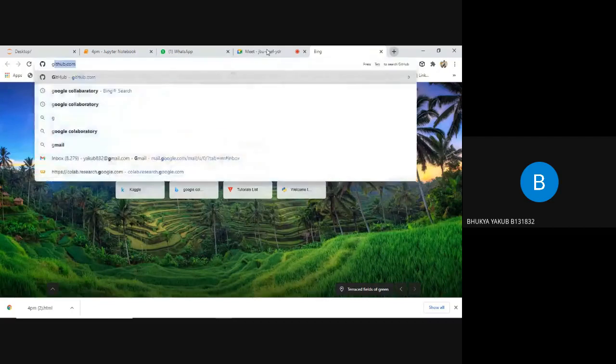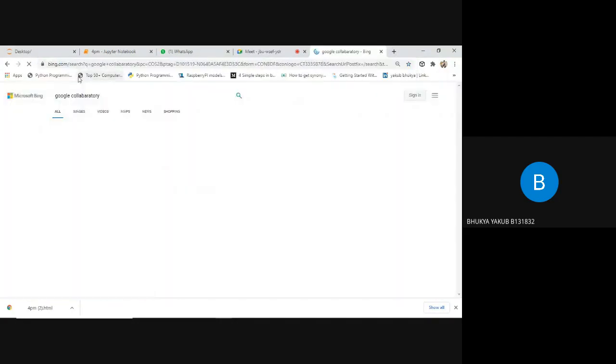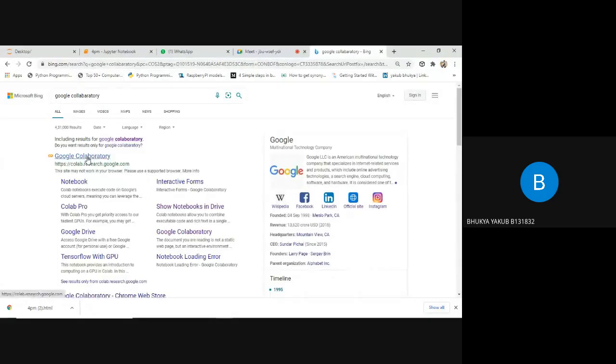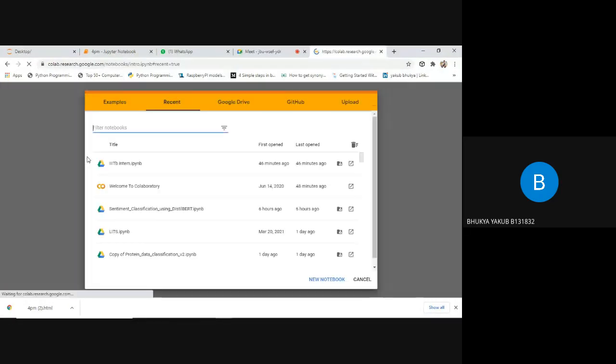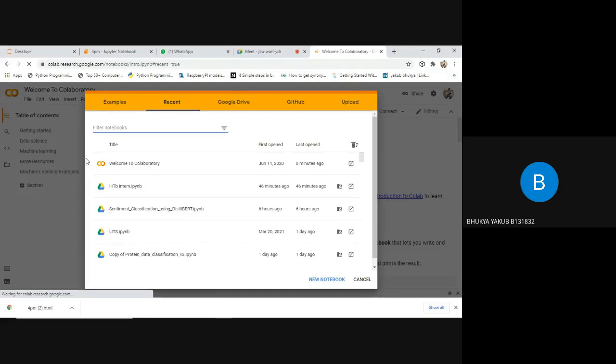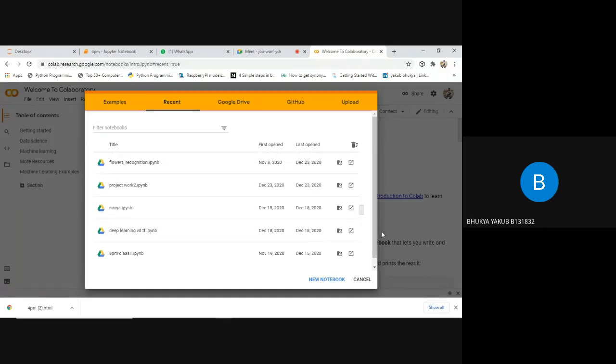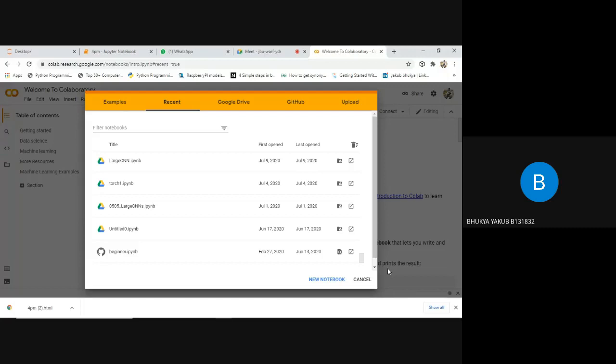For that, we need to type Google Collaboratory in the search and choose the first link, that is Google Collaboratory. Here I'm clicking on the escape button. All the notebooks which you worked on previously will be displayed as they are. You can click on them to open the platform directly. These all are the projects which I worked on previously.